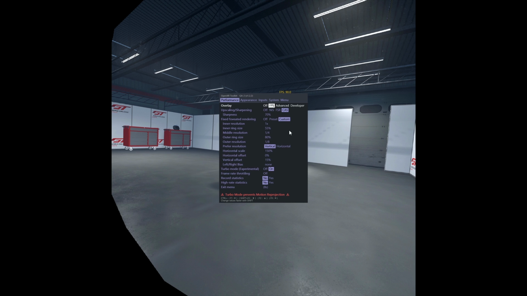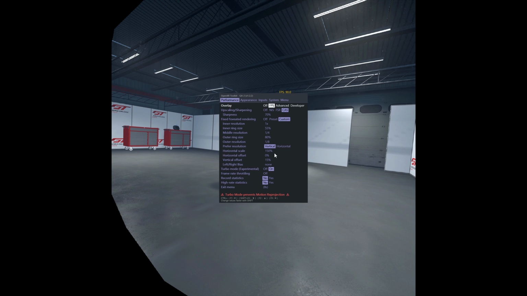So we will not be using perfect rings. This is why we are modifying the horizontal scale to 150%. Basically, it will stretch the rings to horizontally stretched ellipses. And this means that we will make use of giving the highest resolution to the area of the screen in our car in ACC. And that's why we're using this 150% scale here.